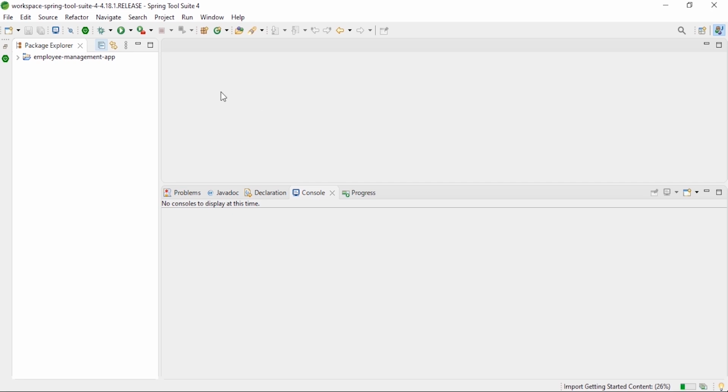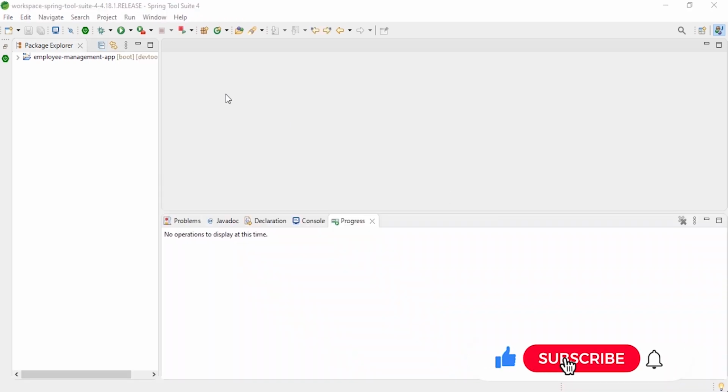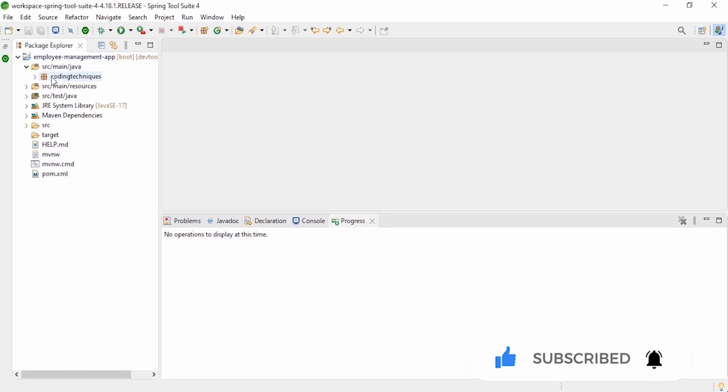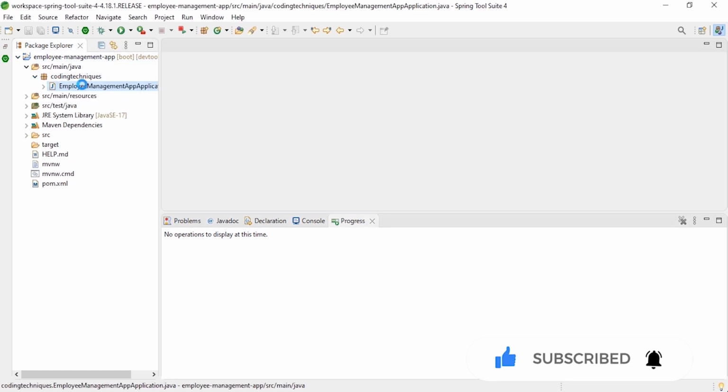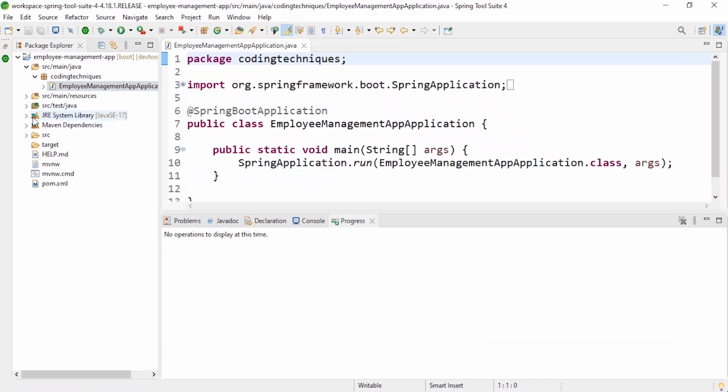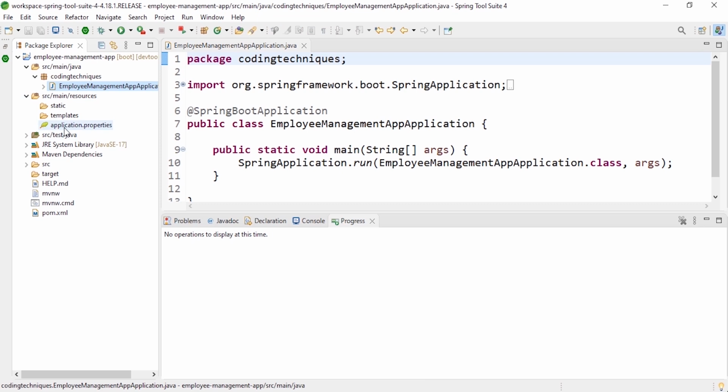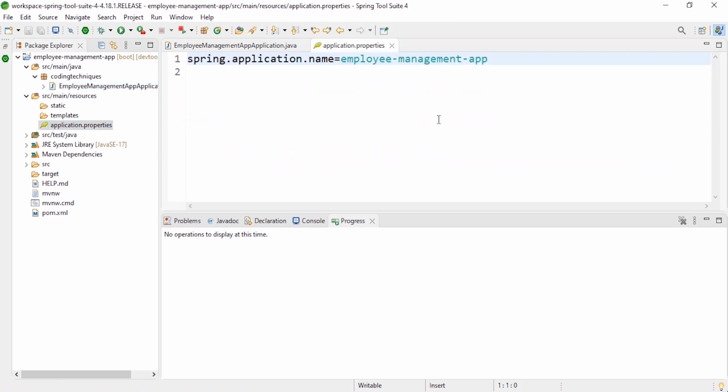So what we will do next, we will configure the MySQL database. If the project finished importing, the project is now ready. So let's open this. You can see we have the starter class. Okay, so here inside the resources, application.properties, we'll have the configuration for MySQL, but first we need to create a new schema in the